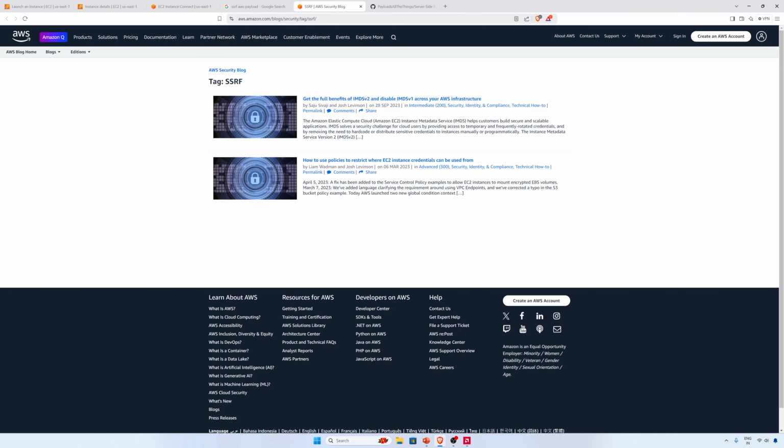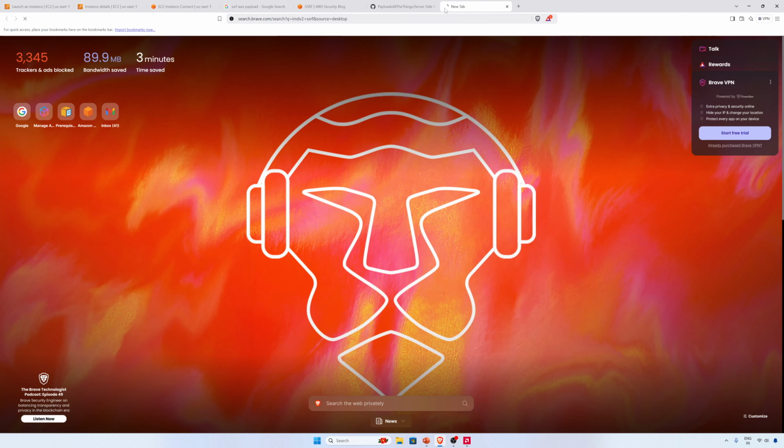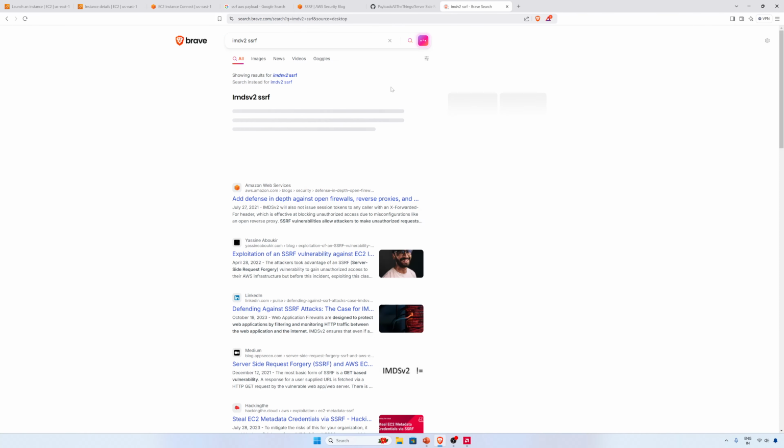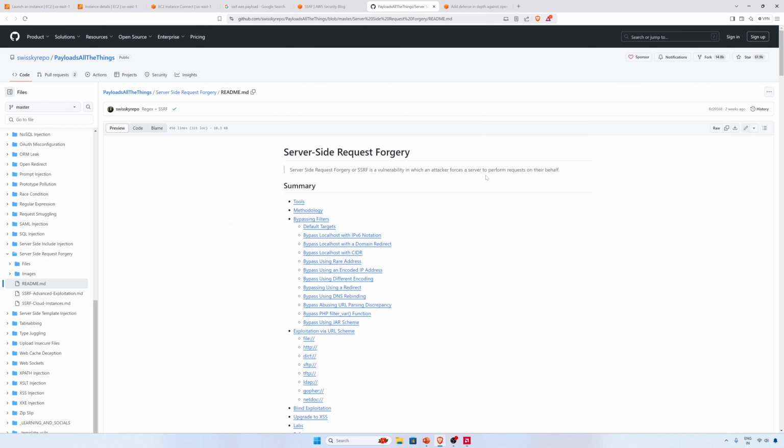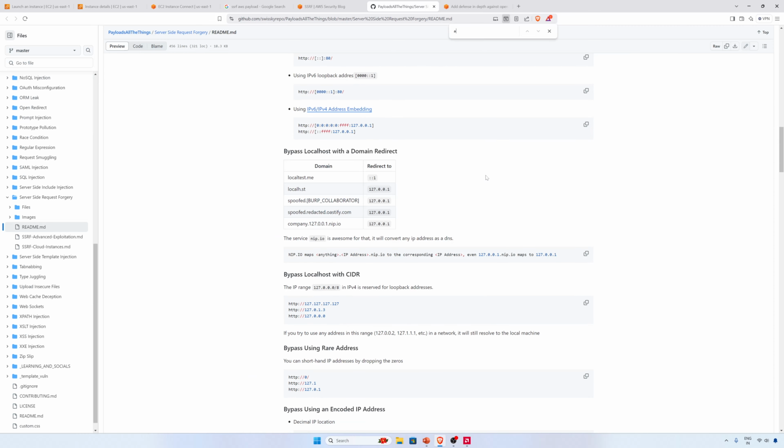Yes, by default, IMDSv2 makes it very difficult to do SSRF with just a GET request. I believe IMDSv2 requires a PUT request with some headers. It requires some kind of header, so it gets difficult with the PUT request itself. So if we search for AWS,